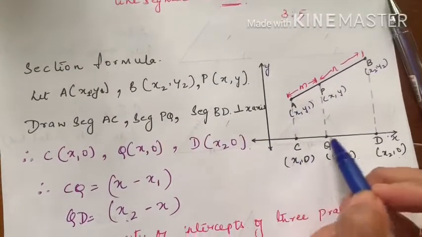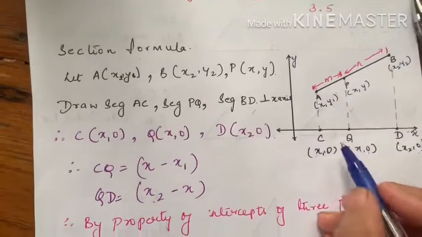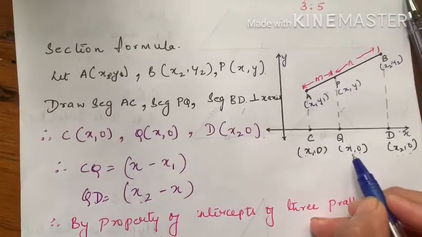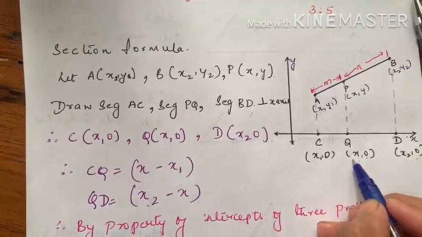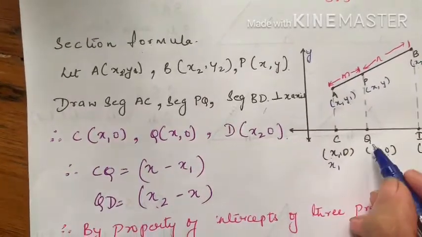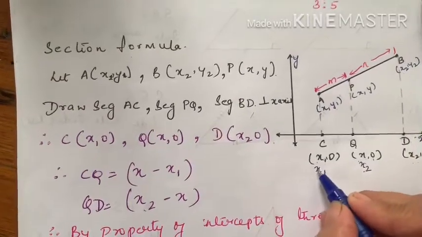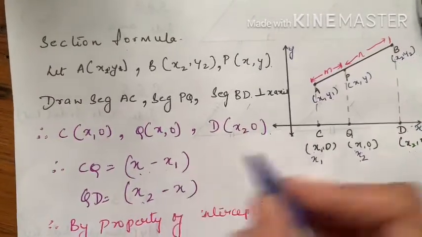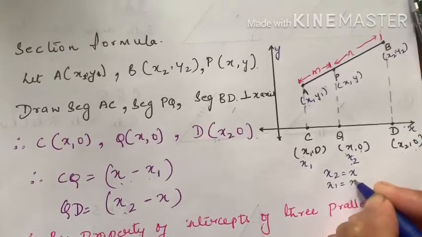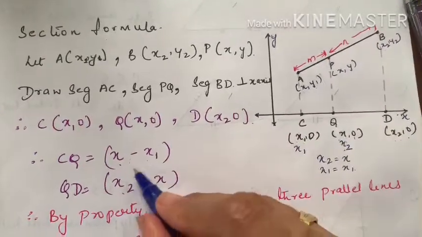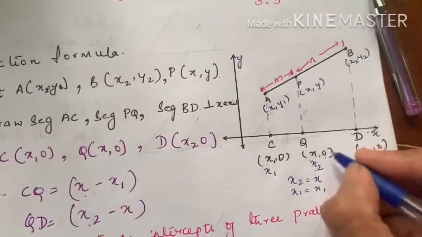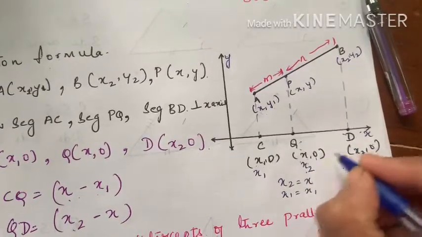perpendicular to our x-axis. So if I take CQ, we know from our distance formula it is x2 minus x1. Here this will be my x2 and this is my x1. So CQ will be x2 minus x1, that is x minus x1, because here x2 is nothing but x, and x1 is x1 only. So CQ is x minus x1, and QD will be